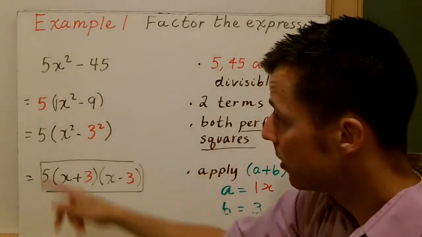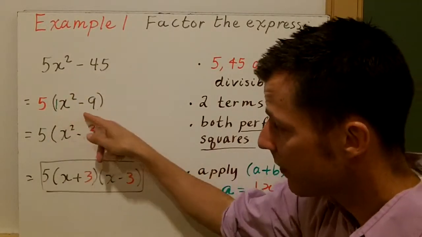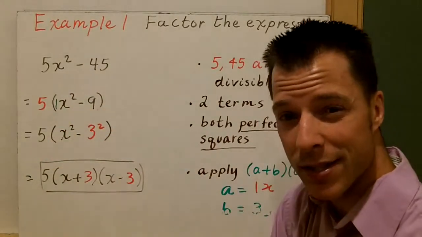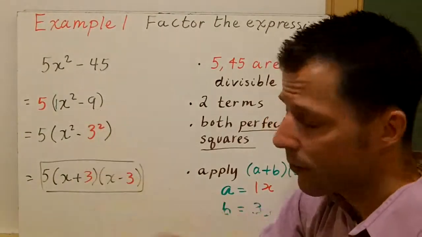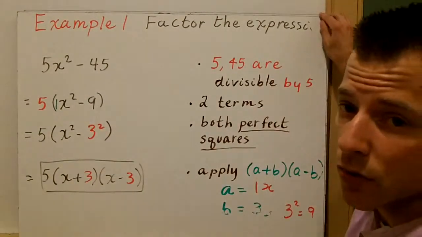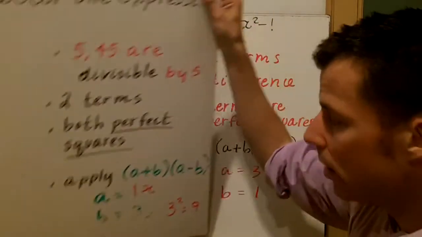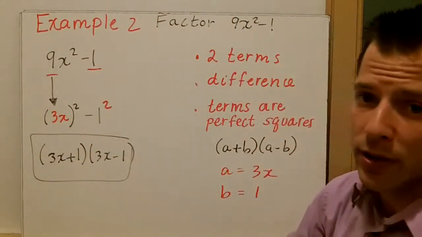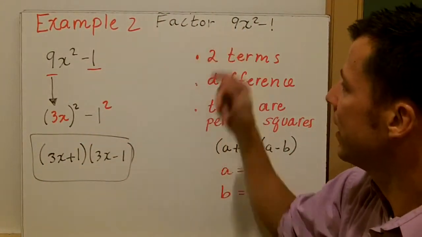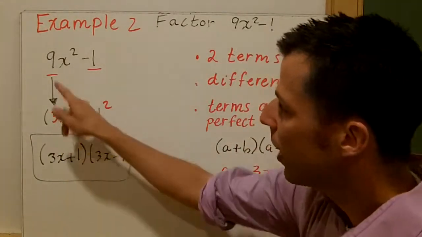binomial here, two-termed expression. So I factored out the 5. Again, always look in parentheses to see what you can do, and this time we can apply the difference of two squares pattern. In the second example, we notice that we have factoring 9x squared minus 1, but right away